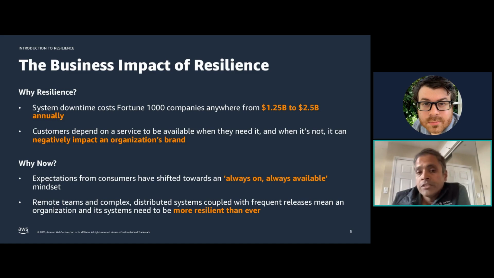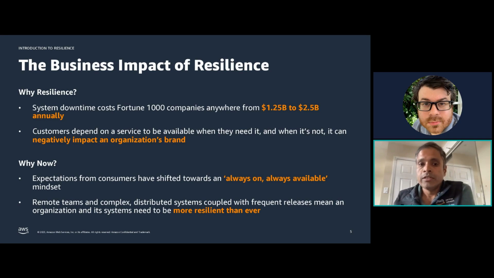And that's just the financial cost. There's also your brand cost. Your end users count on you or your system or your service to be available when they need it. When it's not available or if it's performing poorly, it can have disproportionately negative effect on the perception of your